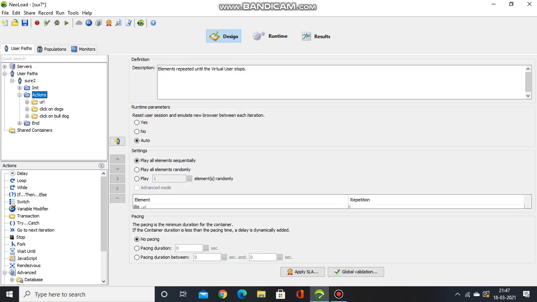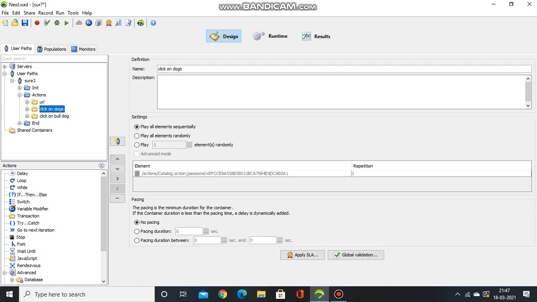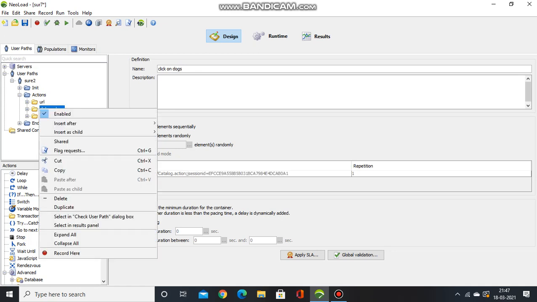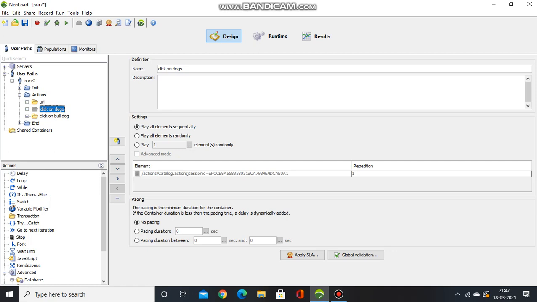As I already said, these are containers, or we can also call them transactions. Now there are two important options that I want to tell.